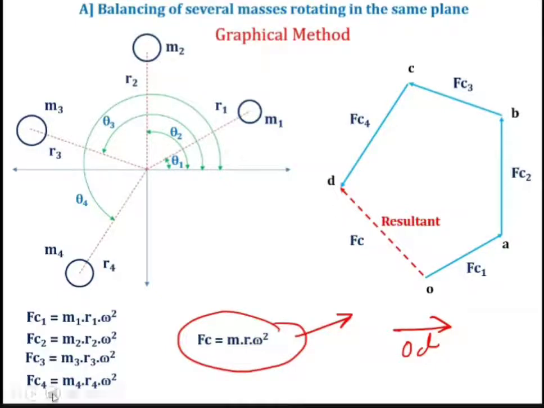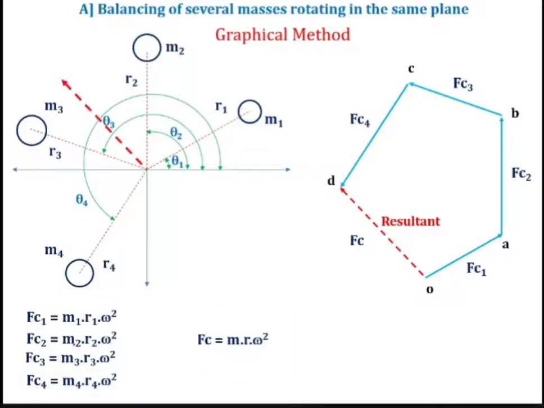Now this we will draw in the space diagram. So in the space diagram, what we will do? Draw a line parallel to this vector OD bar. Now we will go in reverse. You have to draw a line parallel to vector OD bar from this point O, and you will get this resultant force in this space diagram, and this Fc is nothing but a resultant. And what you have to do? You have to just plot the balancing force opposite to this Fc. So how will I plot? Like this. So this m into r, this m represents the balancing mass.